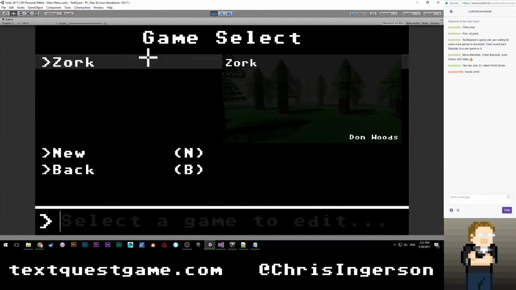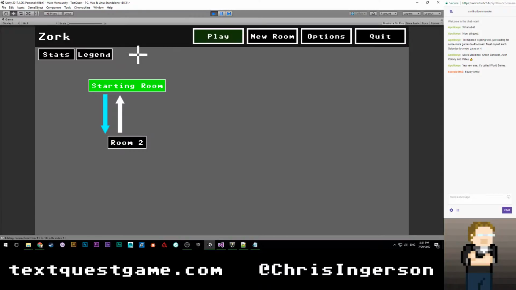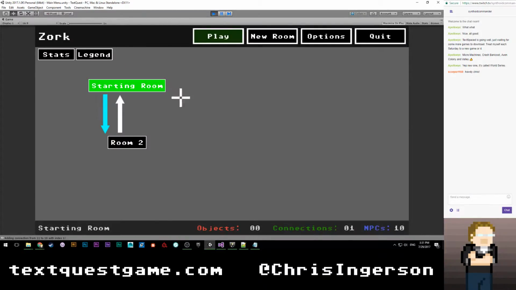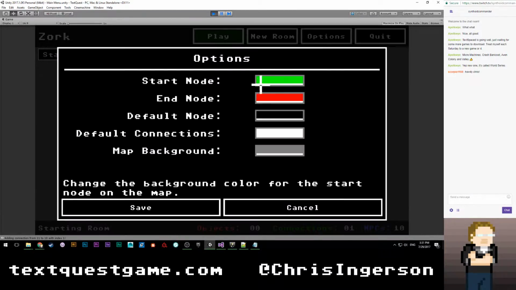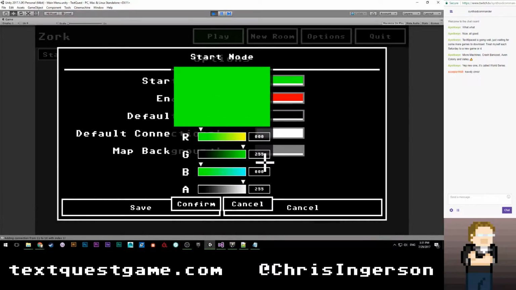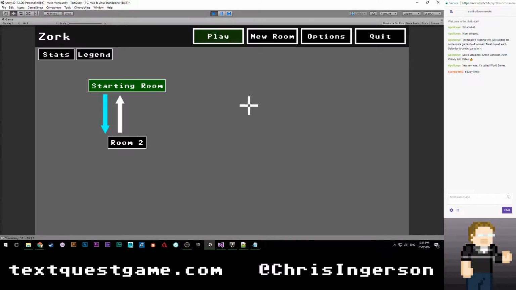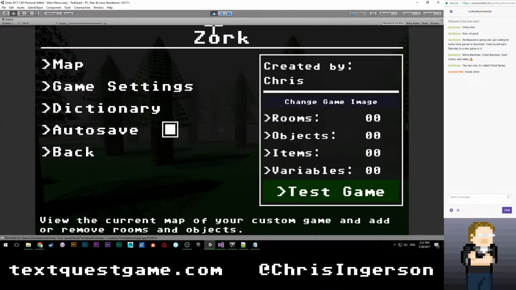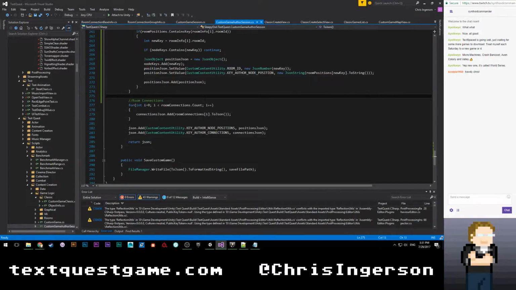So author mode, create, let's go to map. You can see that it's this bright green now. And then if we come back up to options, you'll see that it's 100% green. So we're going to fix that real quick. Let's go ahead and save that out. Let's quit and then stop playing. And then we are going to go to, I believe,